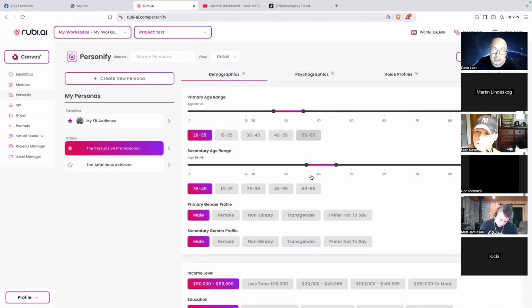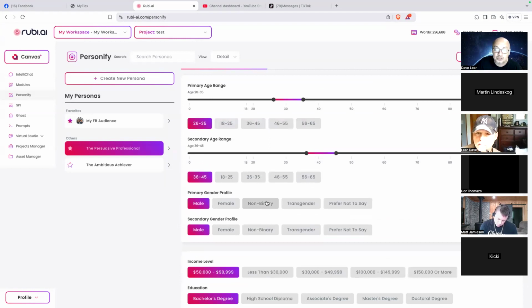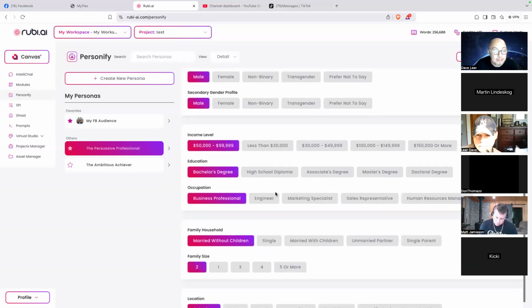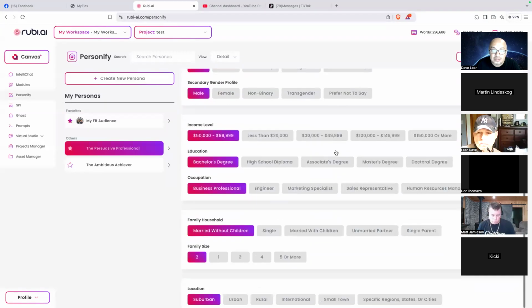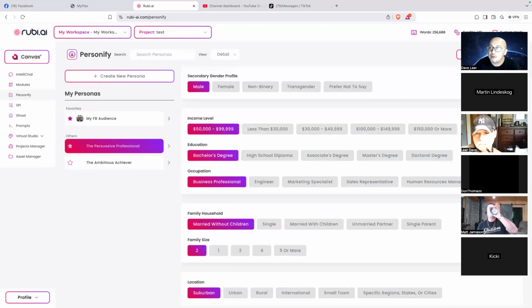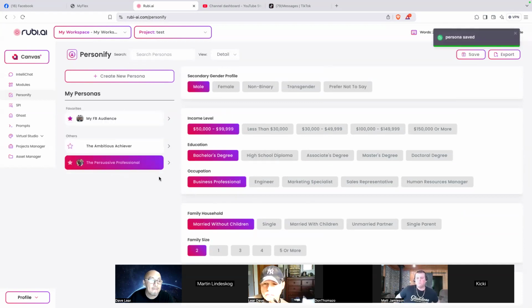This persona is targeting these demographics, meaning his style, his personality, his character targets this. So you can adjust it depending on what you want. Personify is very useful in targeting a specific market. So now we have it here, the persuasive professional. Let's say I'll save it. I like everything that I'm seeing. So it's now there.